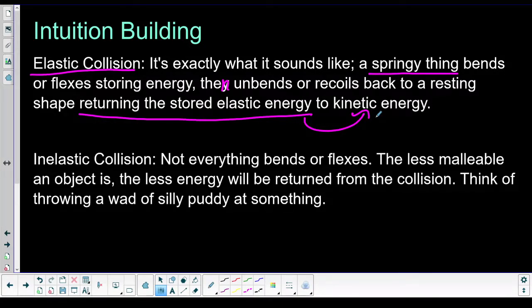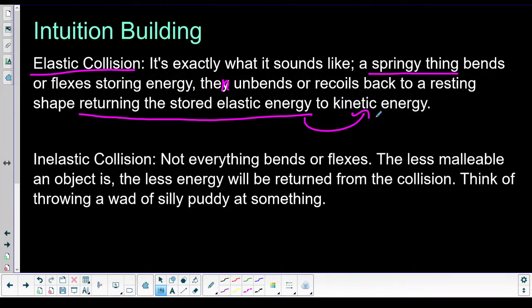Will it be perfectly elastic? Almost nothing in real life is. But it'll be pretty elastic. This would be like if you have something with a spring on the end running into something else, like a pogo stick, that would probably be an elastic collision. If you have two things tied together with a bungee cord, that would probably be an elastic thing going on there. If you have some kind of flexible rubber in between them and they bounce off each other, that's probably elastic.